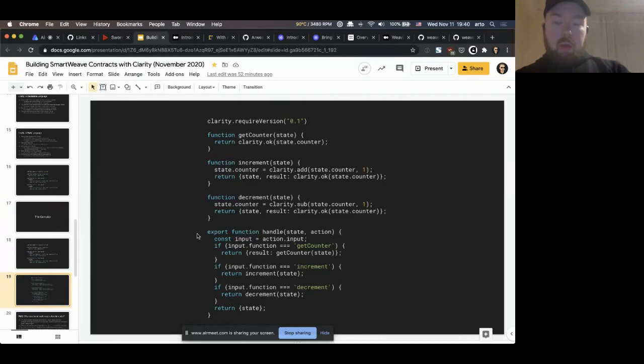Now, in case you had a function that wouldn't be public, then you wouldn't have a dispatcher here. You would still have the function here, defined as a JavaScript function, but you wouldn't have an if statement that can actually get at that function from outside of the contract. So this is fairly readable code, and one of the important priorities for Swan was that